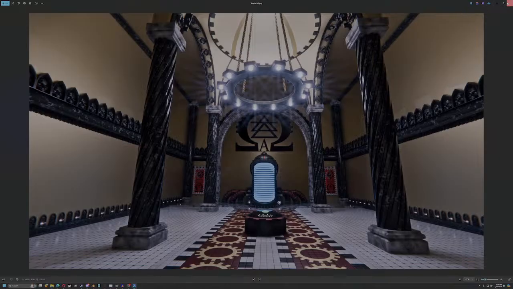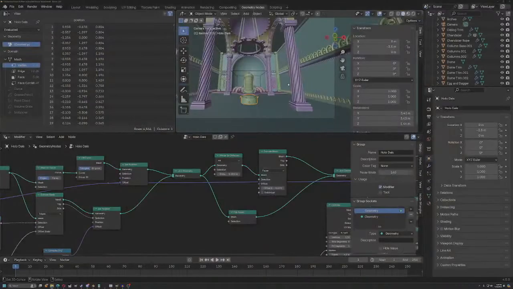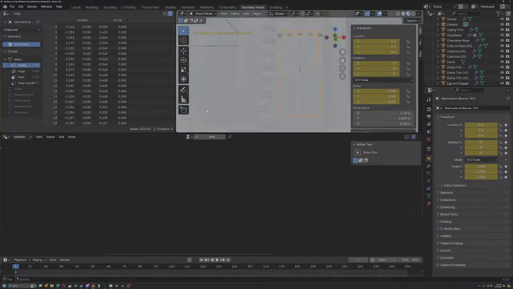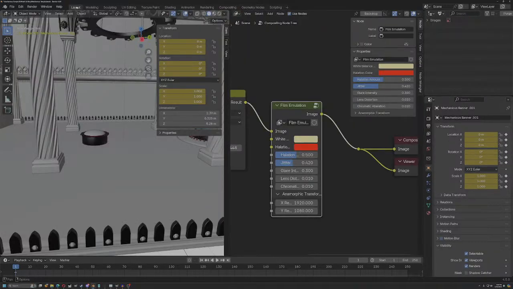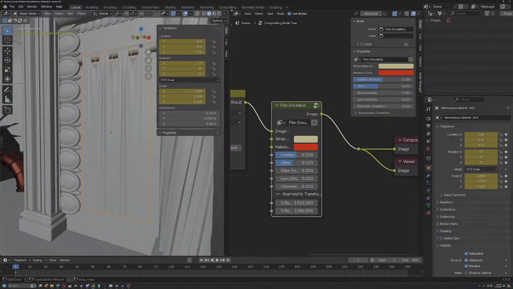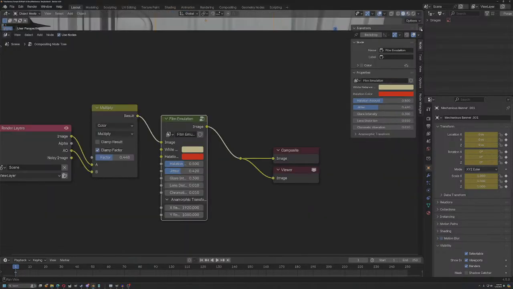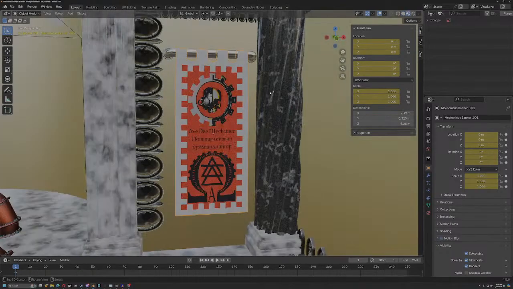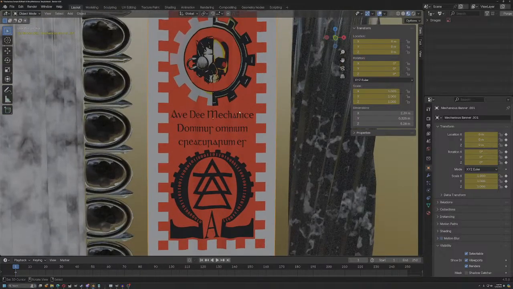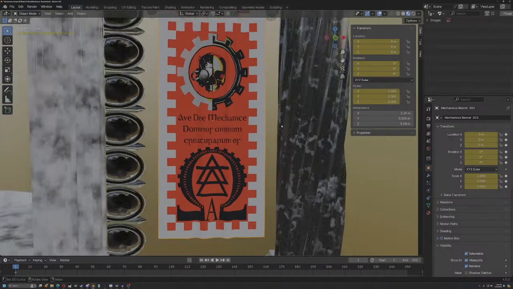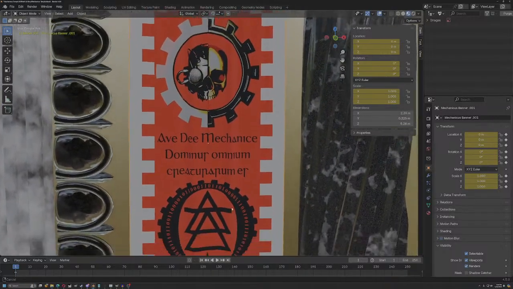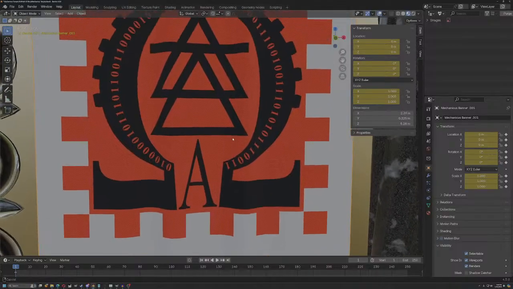Also, I like these banners. So I'm going to zoom in on one. We're going to switch it to this view so that we can see. I think it works pretty well. So basically,